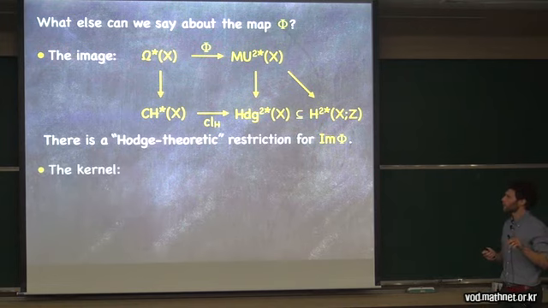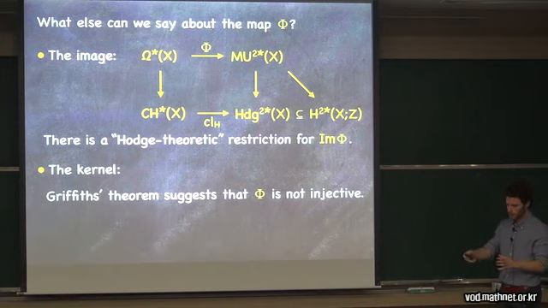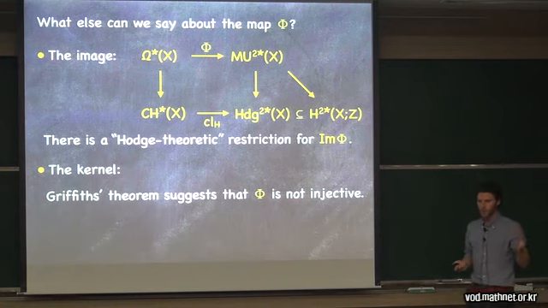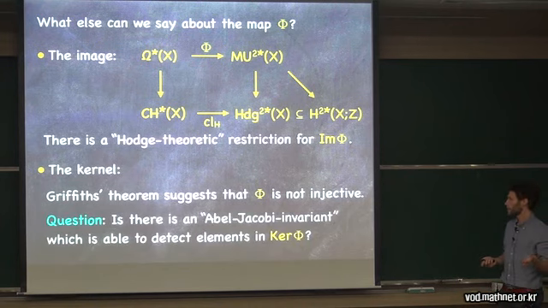Okay, and now what about the kernel of the map? Griffiths' theorem, and also the fact that algebraic equivalence sits in between the double point relation and the topological cobordism relation, suggests that phi should not be injective. And it's not. But how can we detect this? We learned from Chow groups that one way of detecting something in the kernel of the cycle map was to use the Abel-Jacobi map. There was a way of detecting elements in the kernel of the cycle map. So the question is, is there an Abel-Jacobi invariant which detects elements in the kernel of phi? And